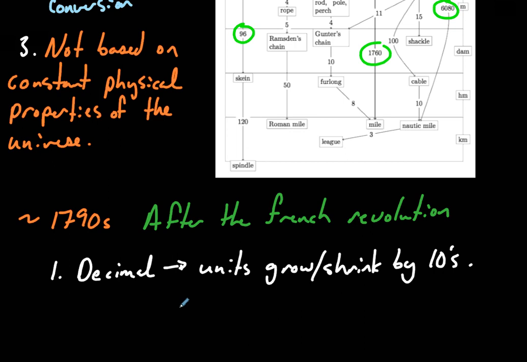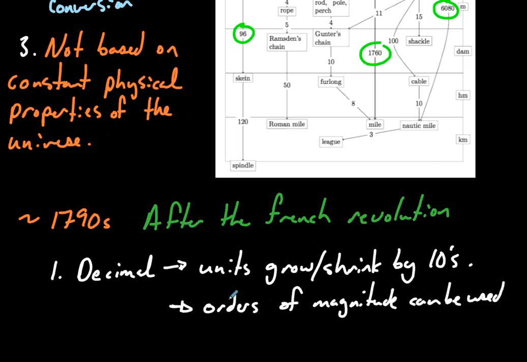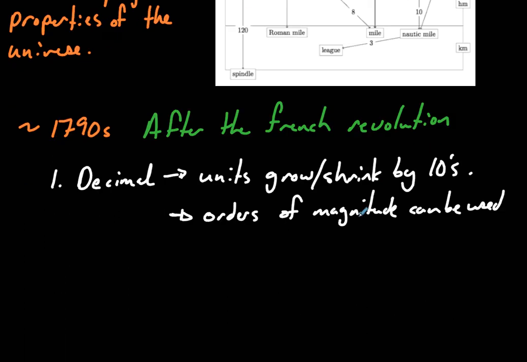Okay. What that also means is that orders of magnitude can be used. All right. So what does that mean? Well, it means that instead of having to have a new unit every time you want to get bigger or smaller, you can just use exponential or scientific notation to indicate your sizes, right? So that leads to the second one,